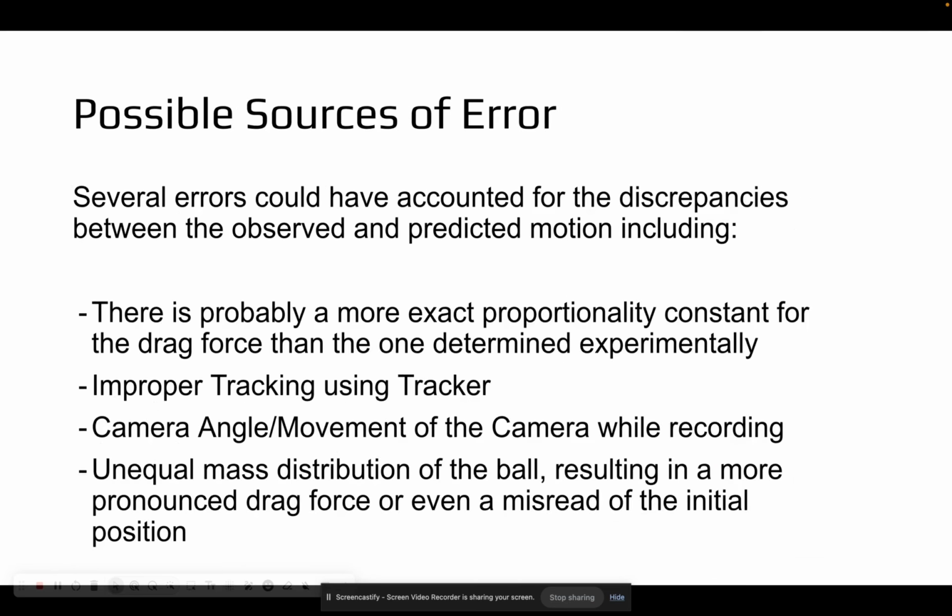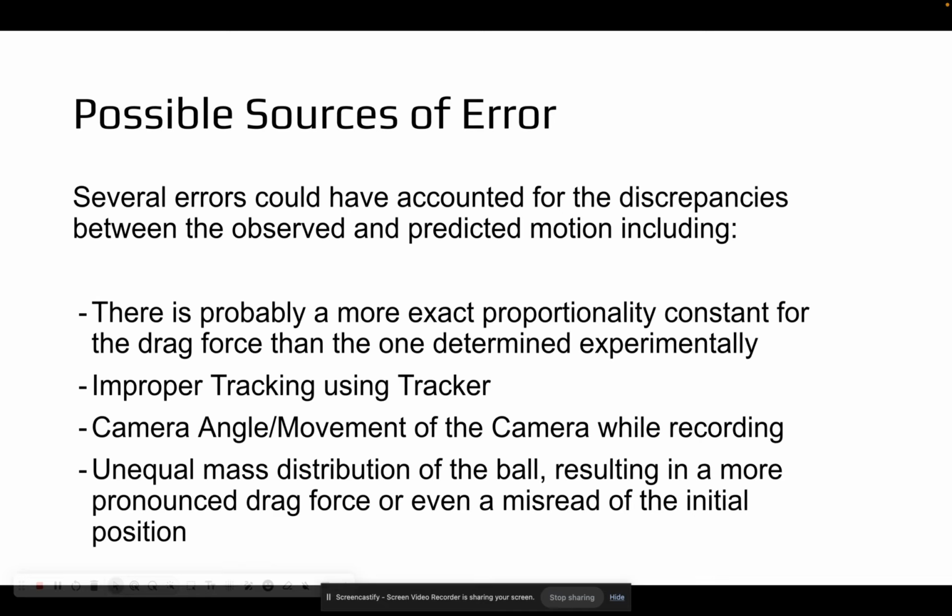So what are some possible sources of error? Several errors could have accounted for the discrepancies between the observed and the predicted motion, as there's probably a more exact proportionality constant that could be determined experimentally than the one that we determined. There's also possible improper tracking or the camera angle and movement of the camera while recording the video. And then because the object was a crumpled up piece of paper, there's unequal mass distribution